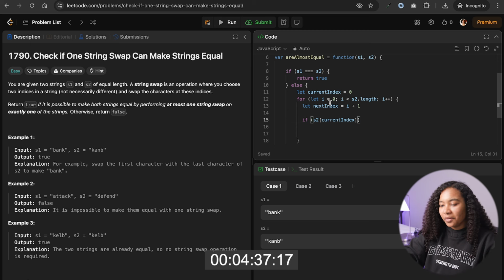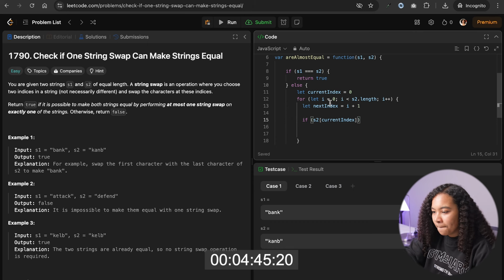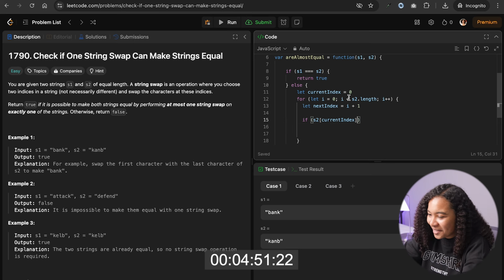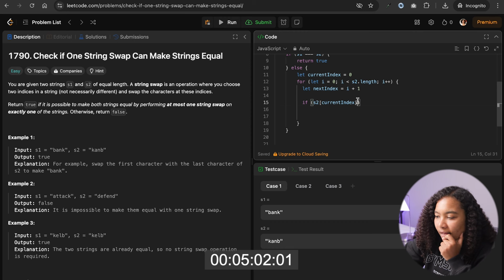There's a better way to do this. We could go through each and see if any are the same and then decide to swap. Oh, I don't know if I'm going to make this. All right, if K, so if K,